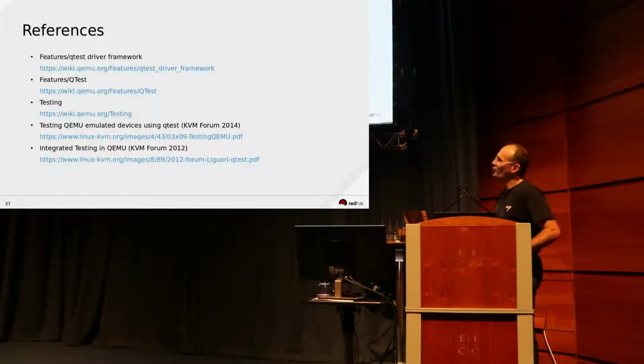The first one is the one I talked about before, from Marc Mary, and the last one is the one from Anthony Liguori 6 years ago that introduced Qtest and explained why and what is the purpose of Qtest. So it's a very interesting paper.